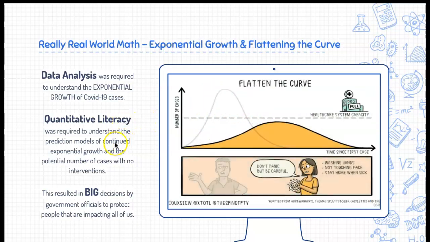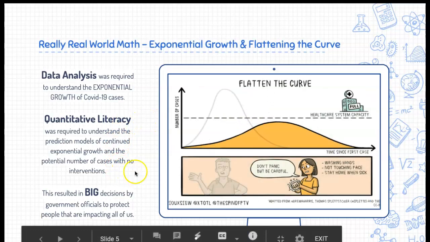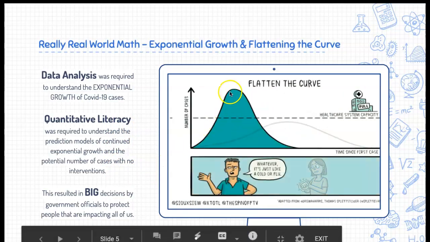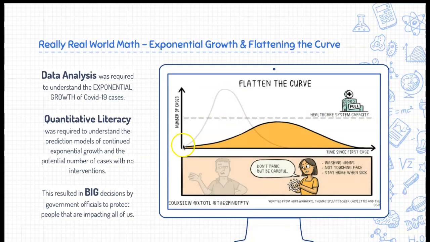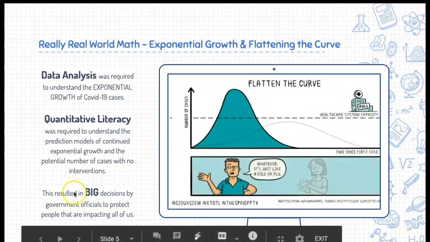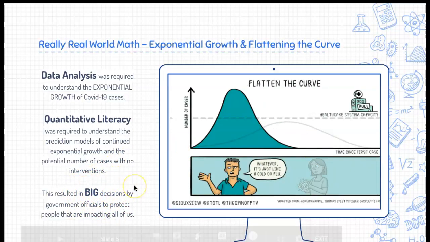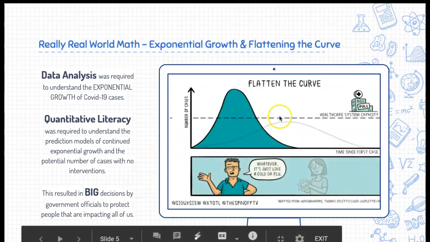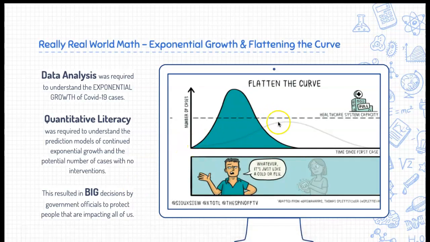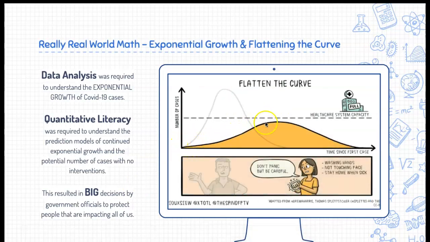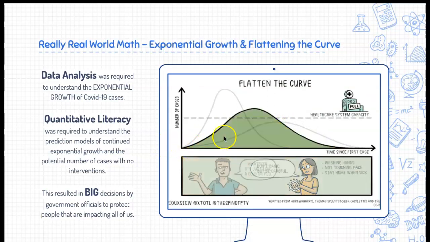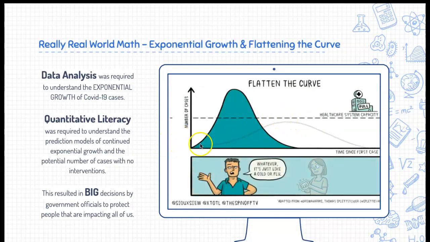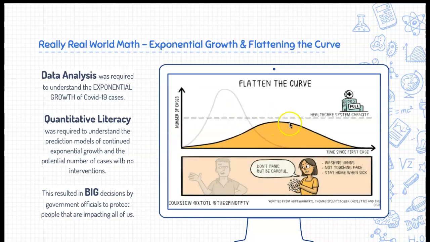So quantitative literacy was required to understand the prediction models of continued exponential growth and the potential number of cases with no interventions. So with interventions, that resulted in some big decisions by government officials to protect all of us. So this is why we're talking about social distancing. This is why we're talking about school closures. This is why we have bans on large gatherings, stores only open for essentials. These are all of the big decisions and big protective measures put in place so that we can flatten the